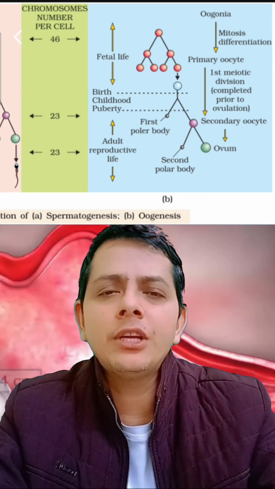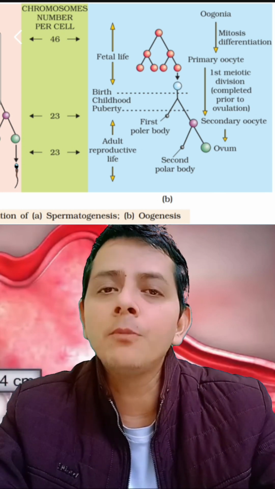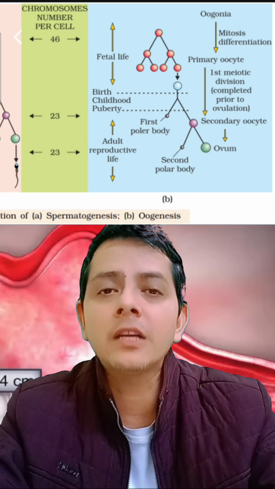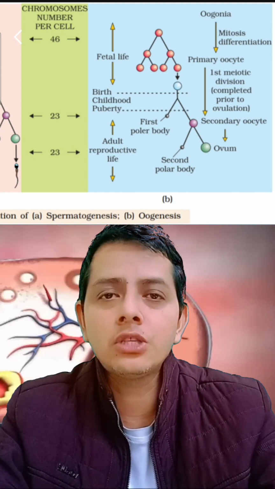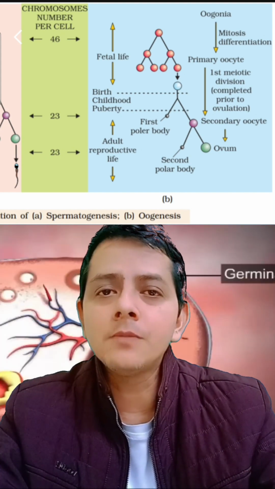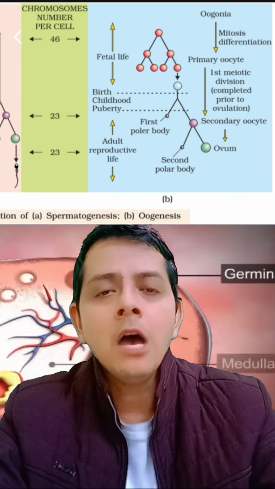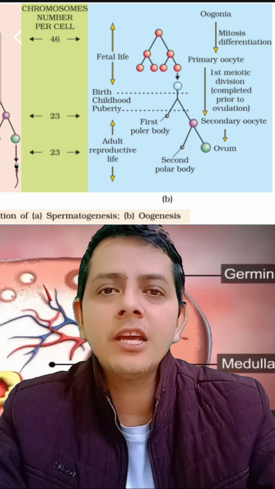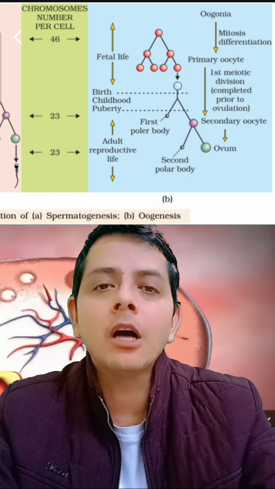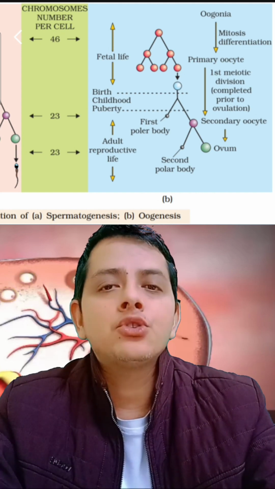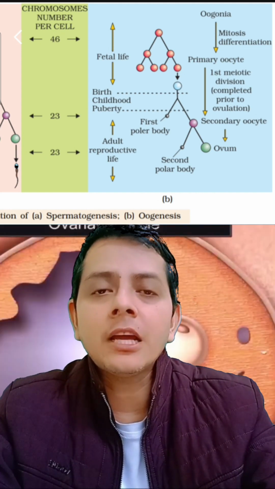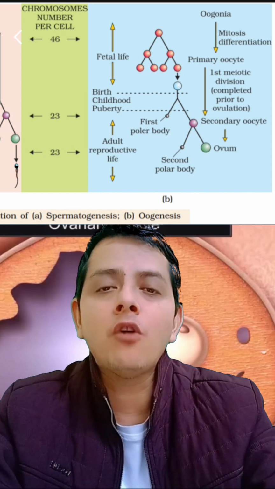But here also it stops and waits for the sperm to fertilize. Unless the sperm fertilizes, the second meiotic division stops. So when a sperm comes and contacts this ovum, which is in the secondary oocyte state, it will transform to become an ovum, and only then will the second polar body and the completely formed ovum be